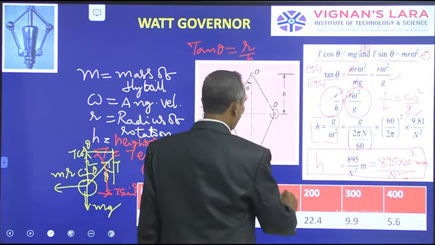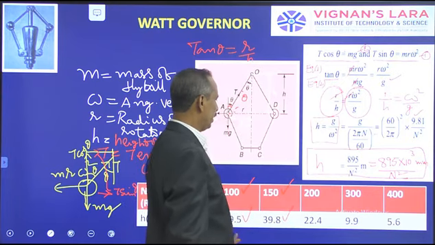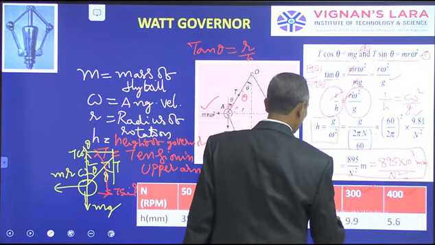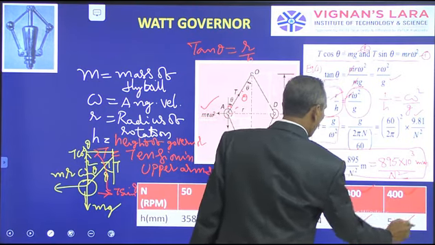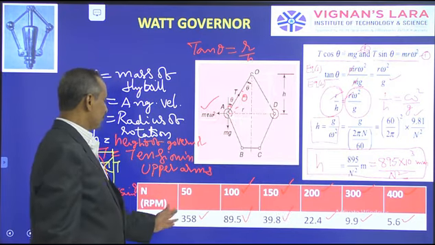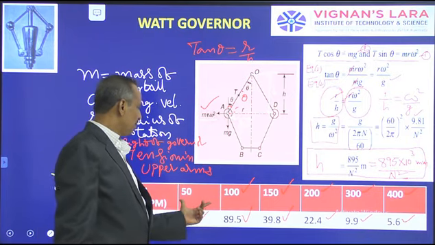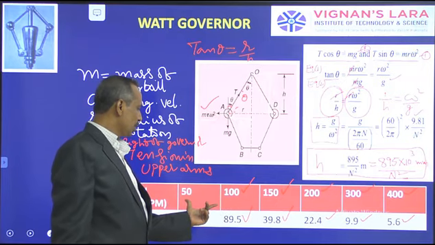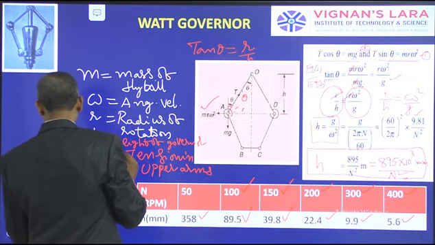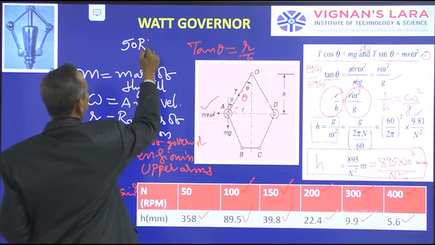And if I keep 150 as the speed, then the height will become 39.8. So on, 200, 300, 400. You can see the drop in height differs. Say at the very beginning, 100 speed and 50 speed. This speed variation, 100 to 50, is 50. This 50 RPM speed variation